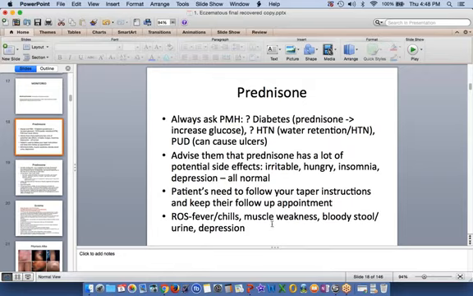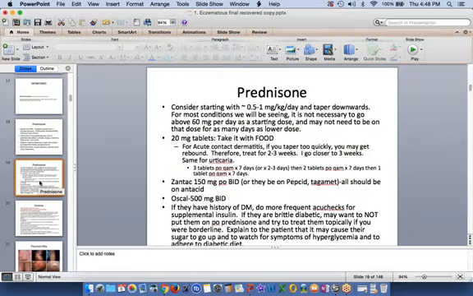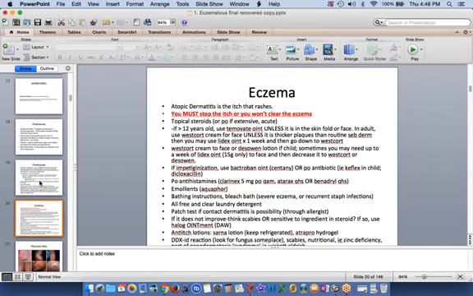Okay, so these are some other side effects we're not going to get into, including that. Not for this topic. We'll talk about prednisone in another setting, okay? Now,